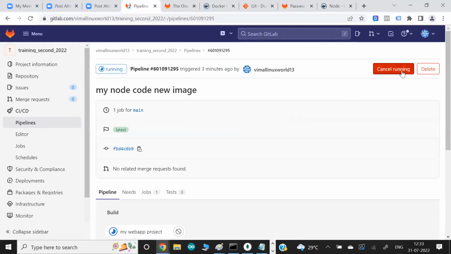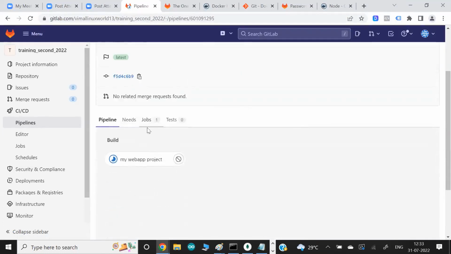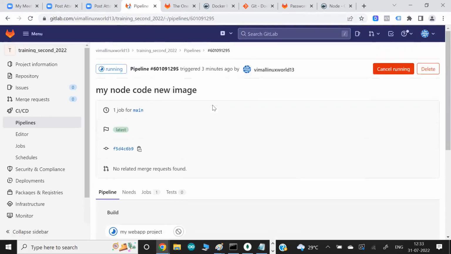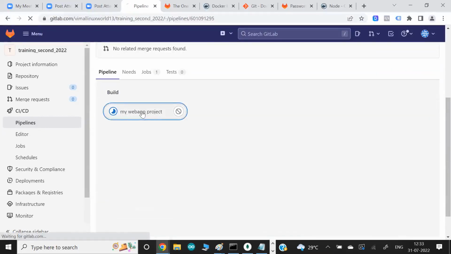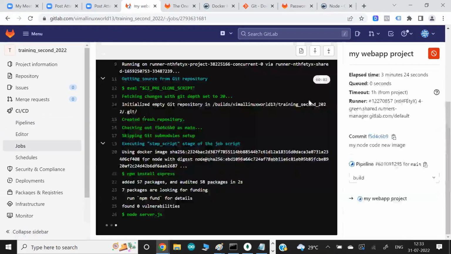Maybe you can manually cancel it at some point, but you see the job keeps on running, and if you look here again, the time keeps on counting, and the more time you use, the more charges they're going to take in GitLab. By chance, GitLab gives you a lot of free time per month. I think they give almost 400, 500 hours free. So they won't charge you right here, but